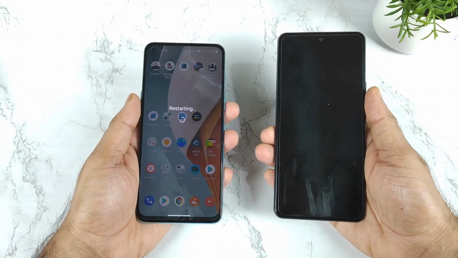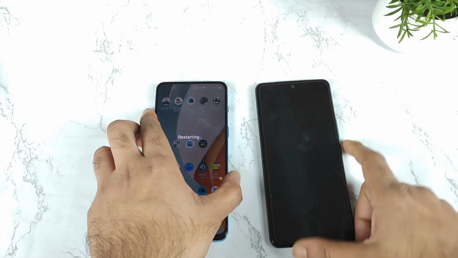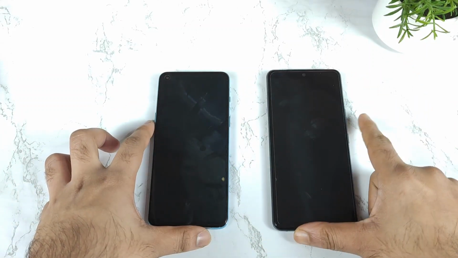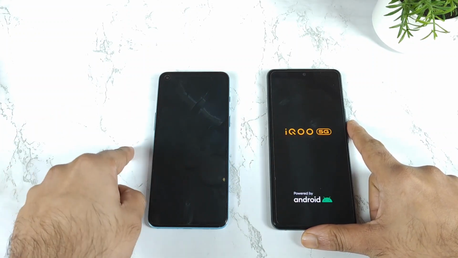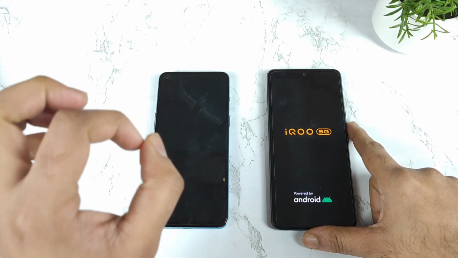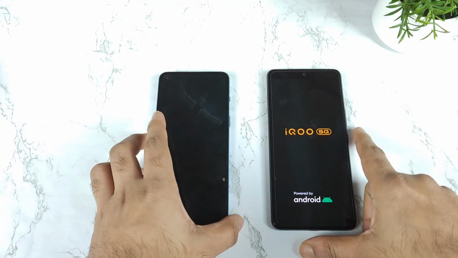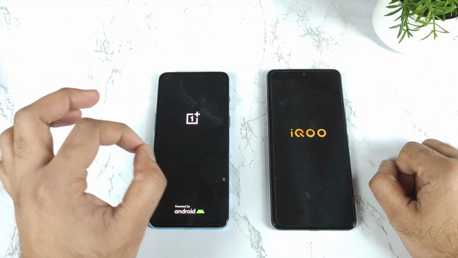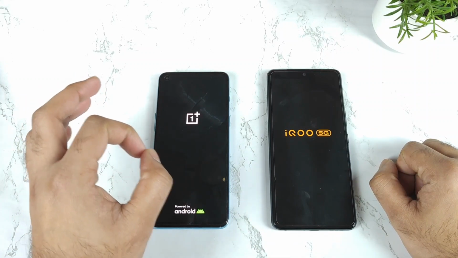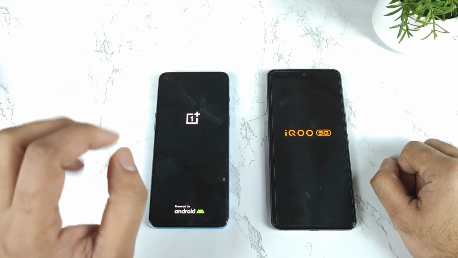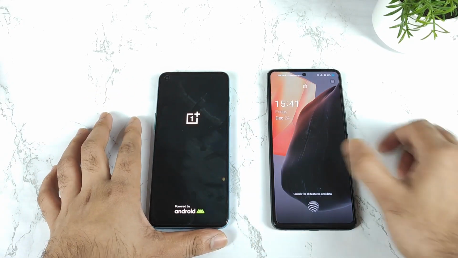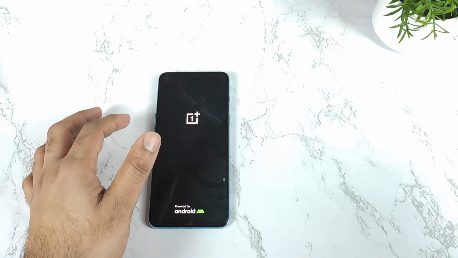First let's do the normal reboot test between these both phones. Once after the reboot test, we'll try to open these 5 heavy games, and during this process I'll try to use the high performance mode in the OnePlus Nord 2. Using high performance mode we're going to find out exactly what's happening in this device. I think the OnePlus Nord 2 has really high potential if you use the high performance mode. That makes a lot of difference, using with high performance mode and without high performance mode.